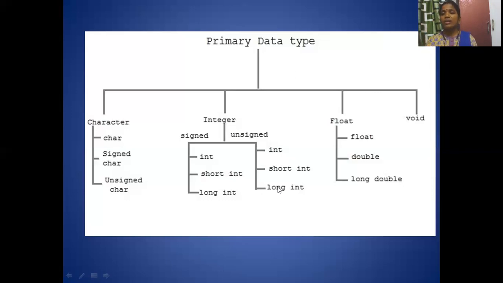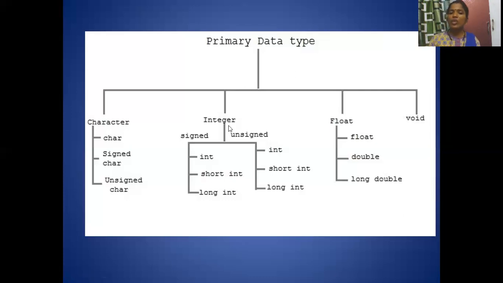Keywords are nothing but the predefined words available in the C language. Same way, for writing the float data type also, we use the keyword called float. If you have lesser precision, a 6-digit precision, you will take only float. If you want more precision, you will go to double. For the next precision, you will go to long double.